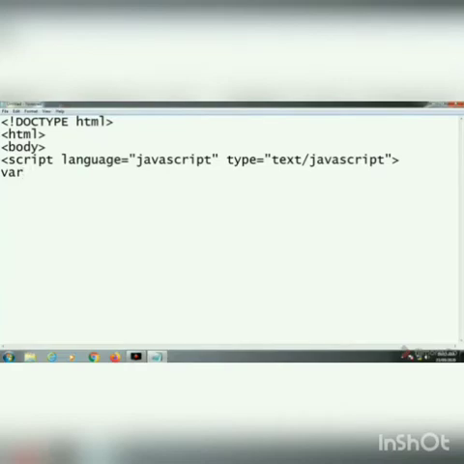As I told you how you can declare a variable in JavaScript, you have to write the keyword var. Then after that, the variable name. Since I am demonstrating the assignment operator, the equal sign you have to add. Then the string that I am adding with the variable name, Monica Kaur, within quotation marks. Single or double quotation can both be used.